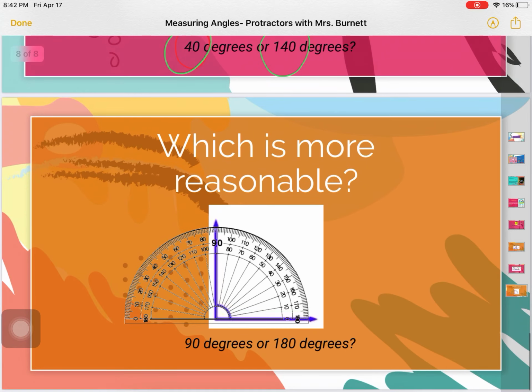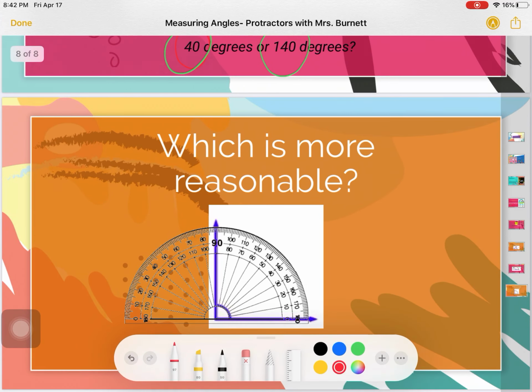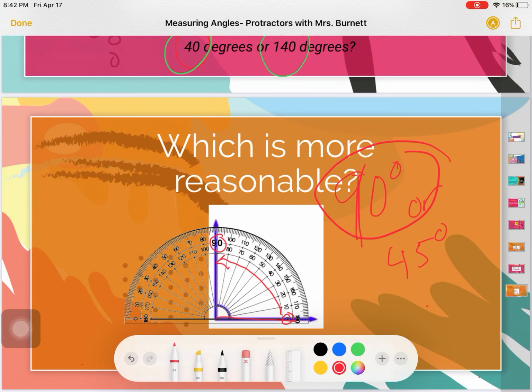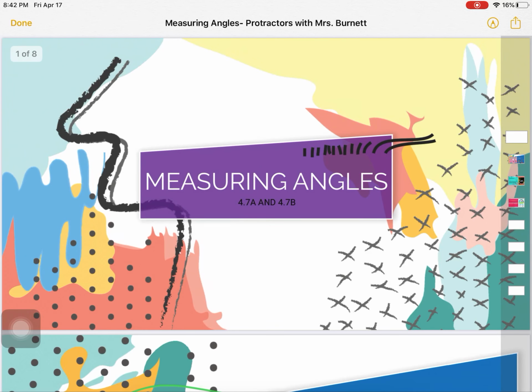Look at this one. Which is more reasonable to say? Oh, hold on, my little pen thing is in the way. Is it more reasonable to say that it is 90 degrees or 45 degrees? Well, in this one, I can see that this is the 0 baseline, and it's landing right there at 90 degrees. So it's more reasonable to say that this is 90 degrees. So I also